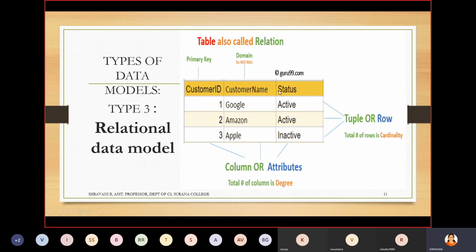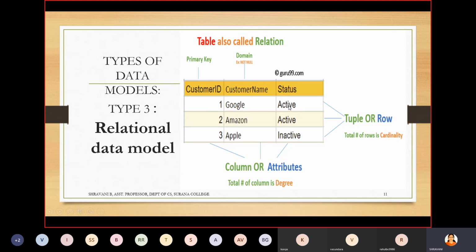That particular relation is a customer. So think that the name of the table is the customer table. I will call the name of the relation customer, and the attributes here are customer ID, customer name, and status, and the complete row I will call a tuple. So this field is related to this field is related to this field.